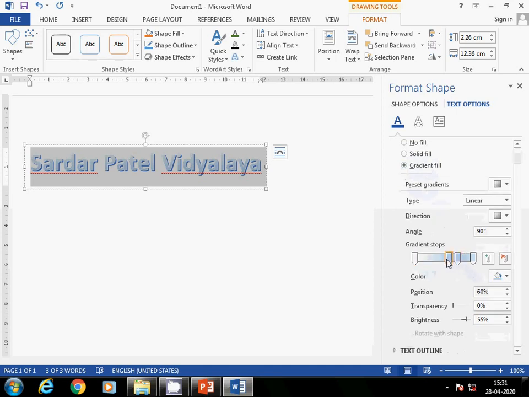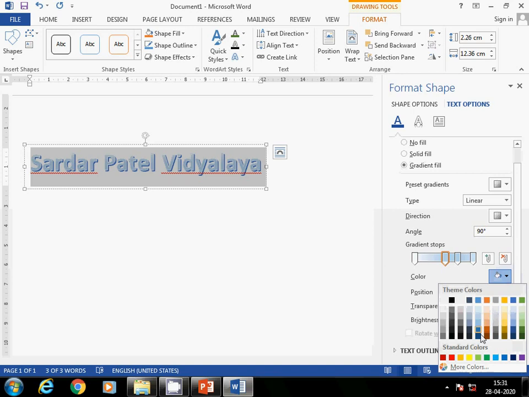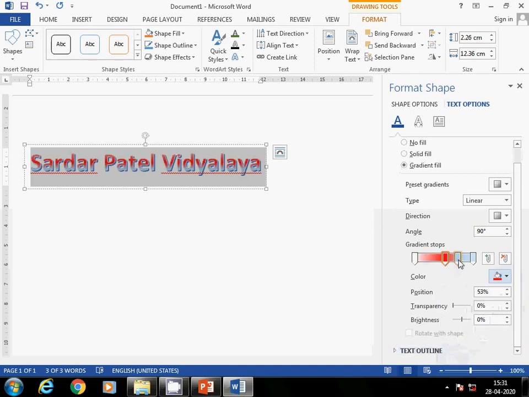Here some colors and options are given. You can change whatever you need in your document. You can change this color, you can change the style also. Here I am changing to radial. So radial means it is coming like a circular pattern.